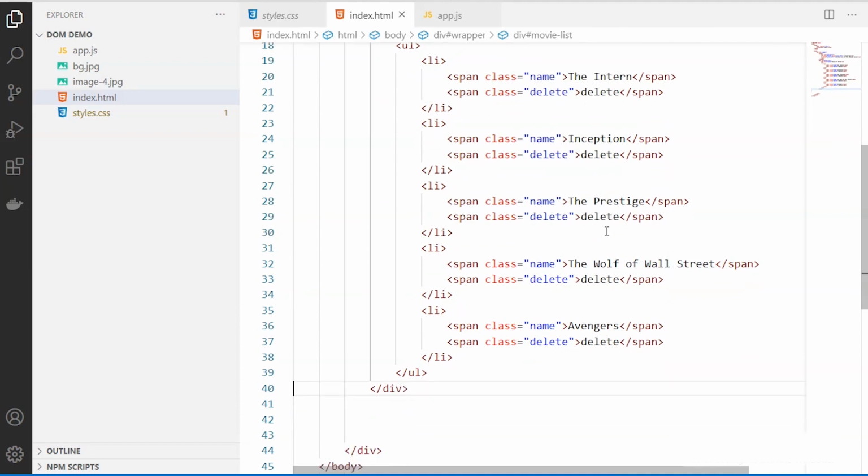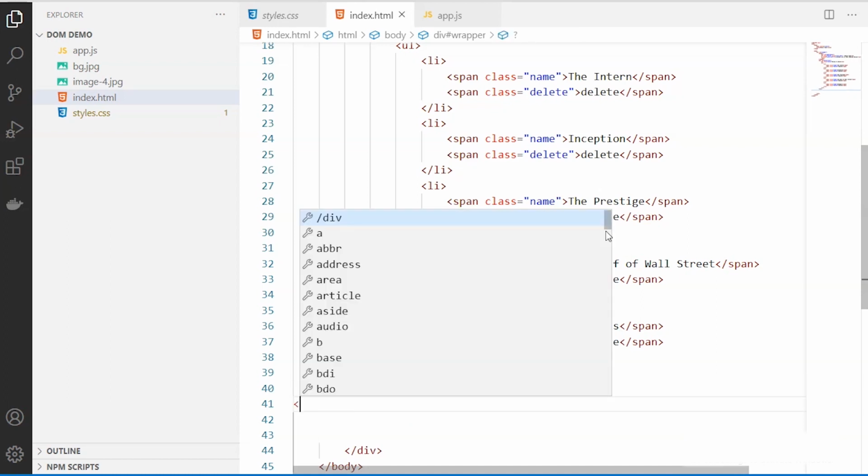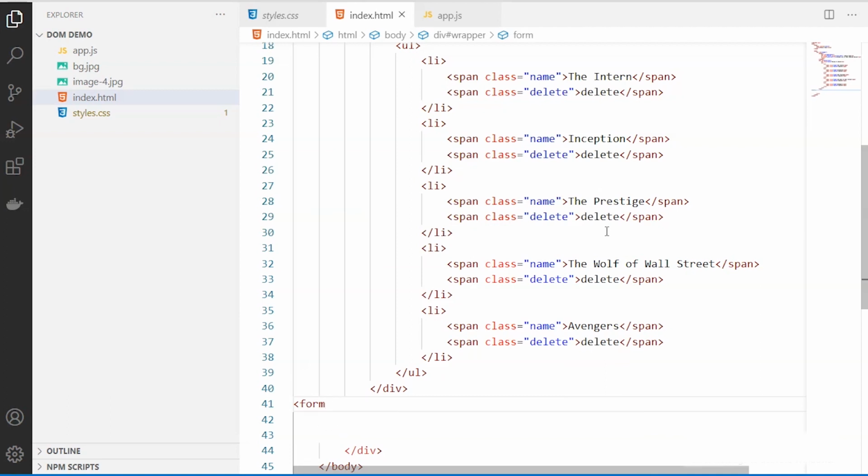So now next what we will do is we'll have to do one more thing before we move on to the JavaScript file. So in this one we have to create our, we will be having a form element here.